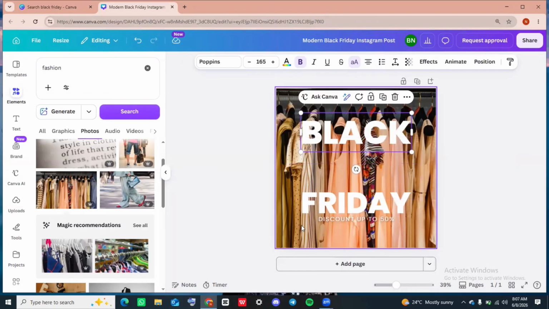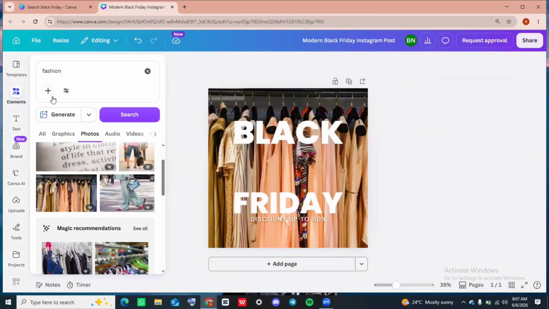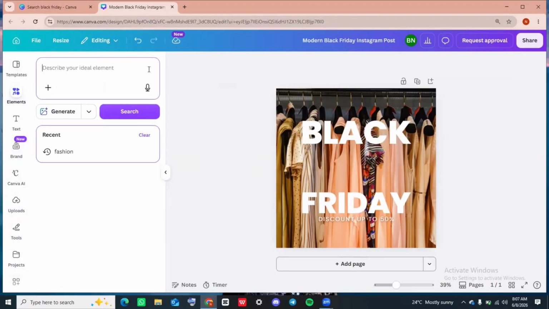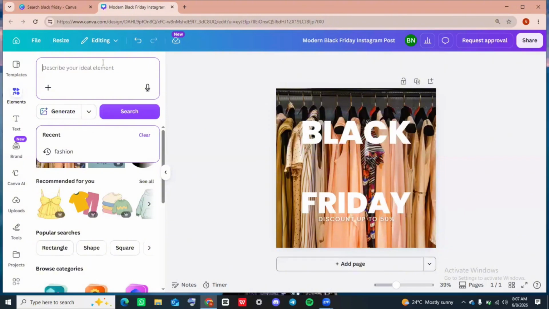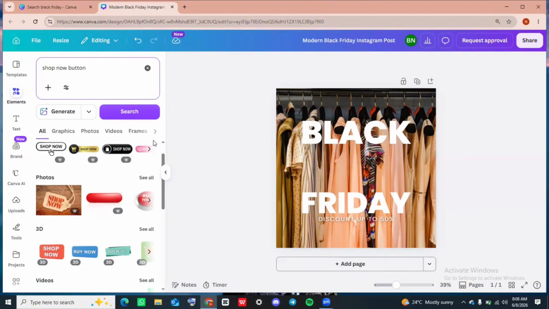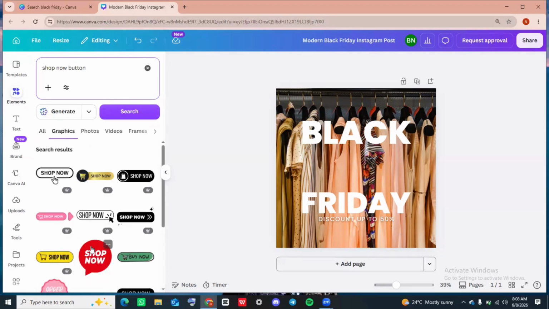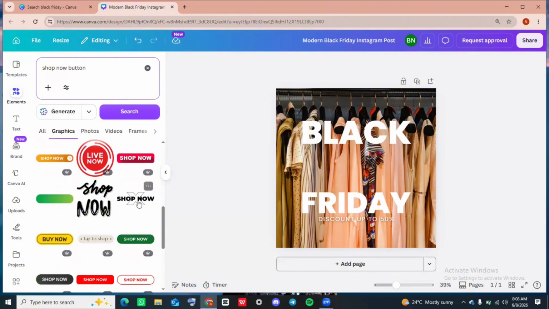Love this background so much, but I'm just going to add the shop now button and that will be all I'll be doing here. Now for the shop now button, I'm going to head over to elements. We're going to take out this fashion. Now search for shop now. Now you can see there's a whole lot, so I'm just simply going to go with one that catches my attention. I think I like this,